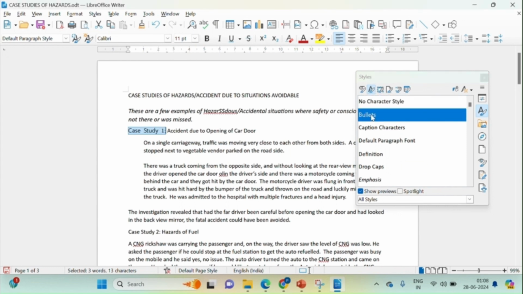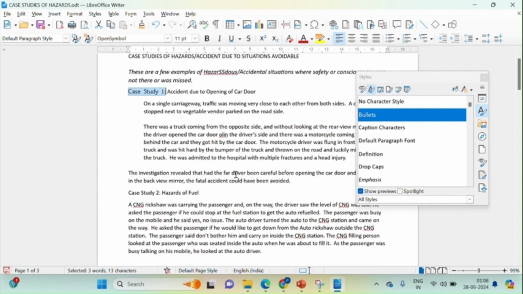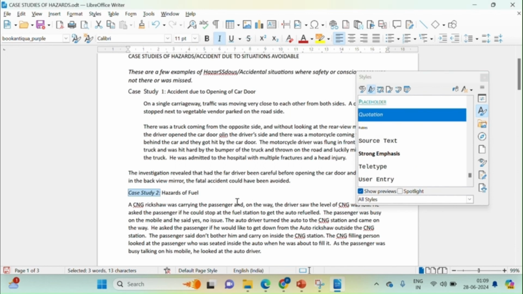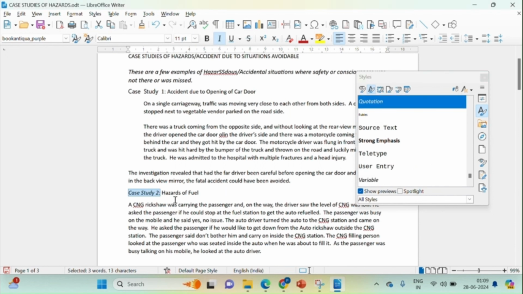Suppose like say in this case I am implementing bullets. Similarly, we can apply another character style. Suppose on case study 2, the next heading I have selected, and then shall be implementing another character style on the same. So here it is quotation. I have taken, double click. As soon as I double click on this character style, it will be implementing on the selected text.